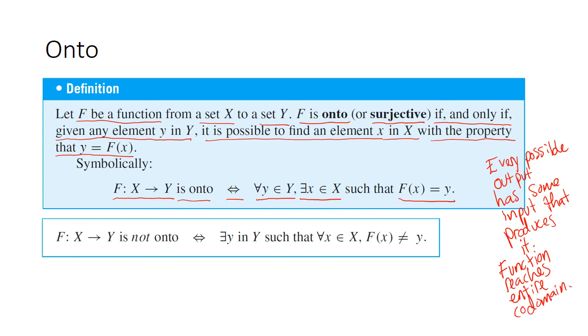Okay, and then if a function is not onto, what that means is just the negation of the for all statement. So a function f from X to Y is not onto if and only if there exists some little y in big Y such that for all little x in big X, f of x does not equal y. So this is saying there is some possible